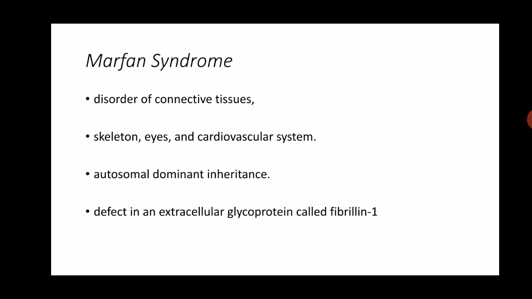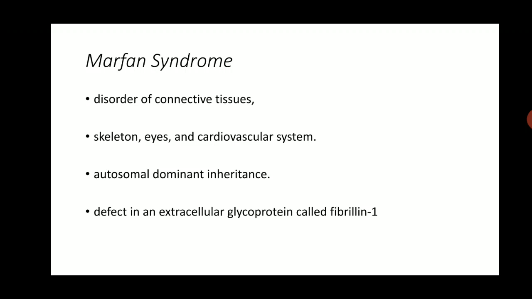Fibrillin 1 is very commonly found within the skeleton, the eyes and the cardiovascular system. Hence, a defect or deficiency of this gene or the protein fibrillin causes defects in the skeleton, eyes and cardiovascular system. The fibrillin 1 gene forms a framework or scaffolding on which collagen and elastic tissue is laid down. In the absence of fibrillin 1, there is a defect in laying down of collagen,